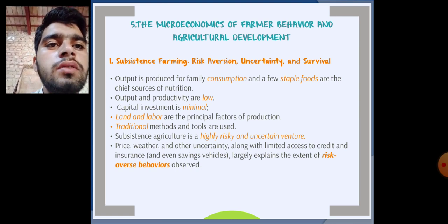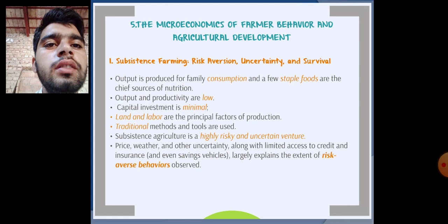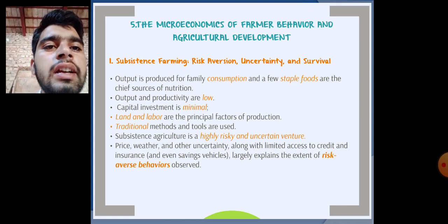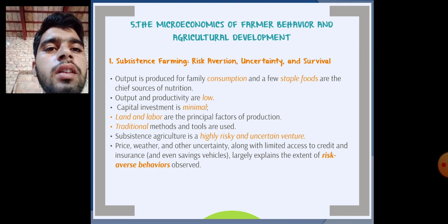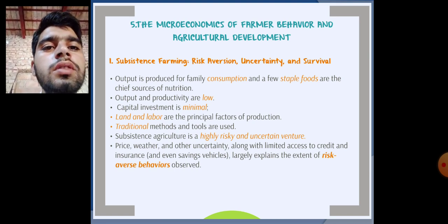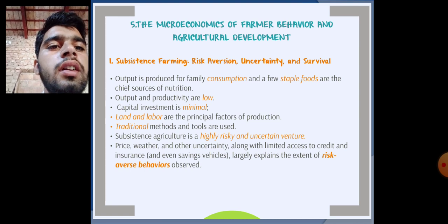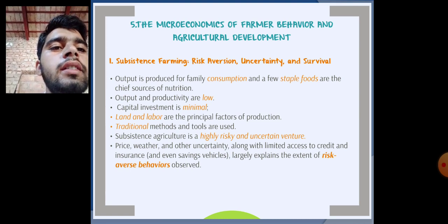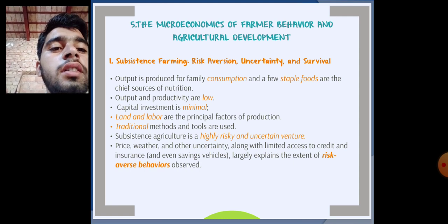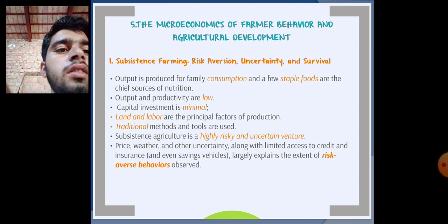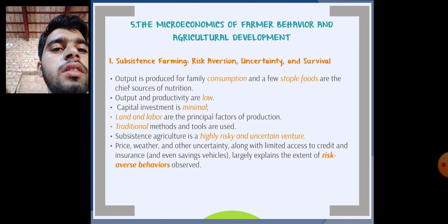Output and productivity are low. Capital investment is minimal. Land and labor are the principal factors of production. Traditional methods and tools are used. Subsistence agriculture is highly uncertain given price, weather and other uncertainty, along with limited access to credit and insurance